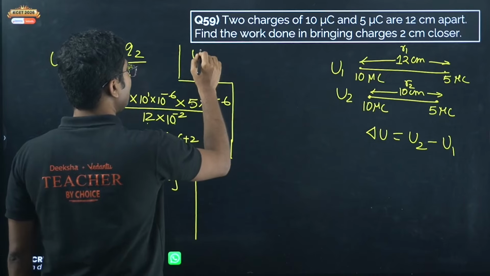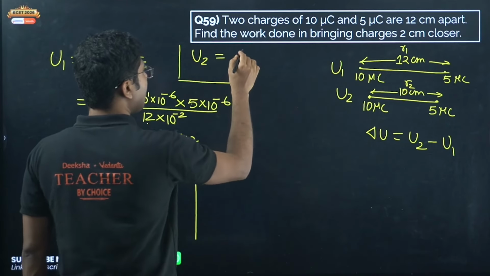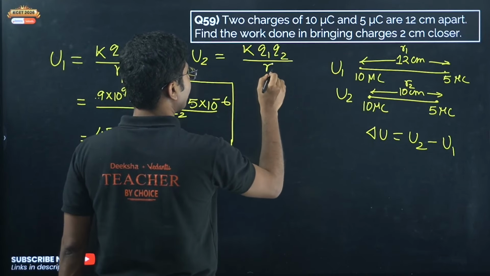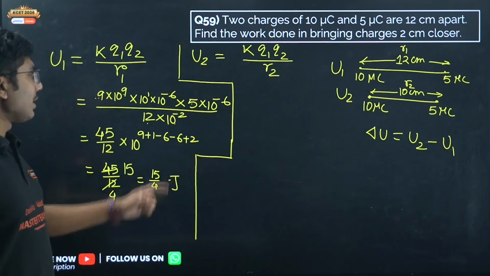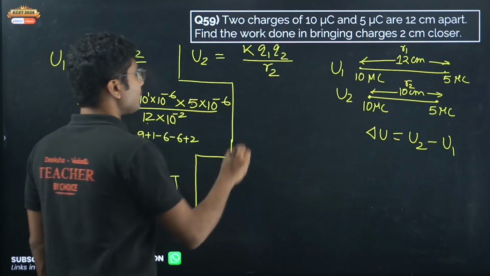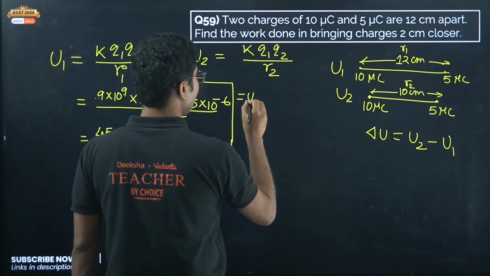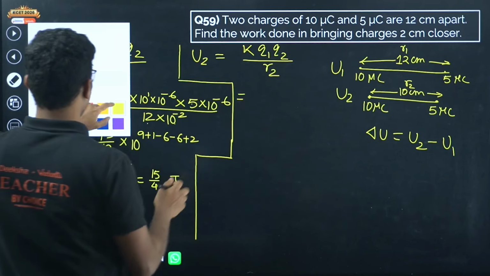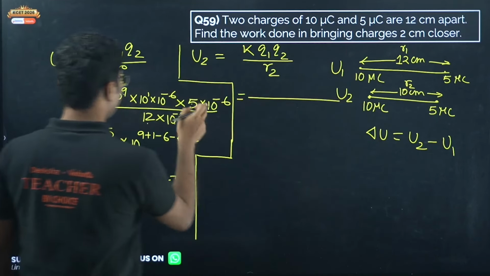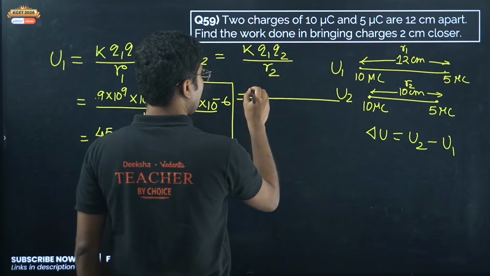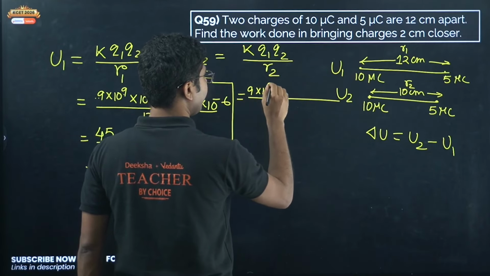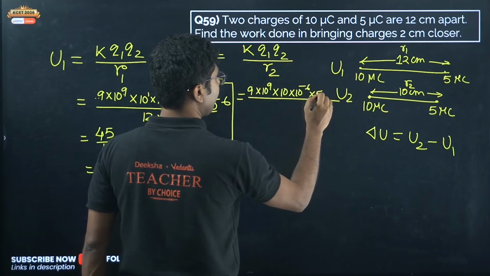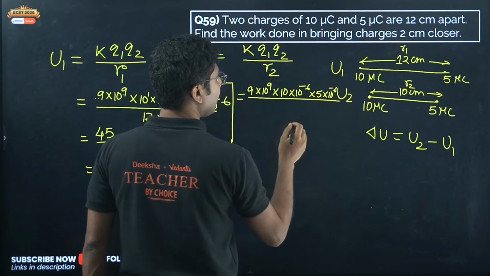Okay, so now the new potential U2 will be K Q1 Q2 by R2. Everything is the same, the only thing that changes is this R2. So we can say that U2 is equal to: the numerator, the top portion of the equation, will be the same, 9 into 10 to the power of 9 into 10 into 10 to the power of minus 6 into 5 into 10 to the power of minus 6, divided by